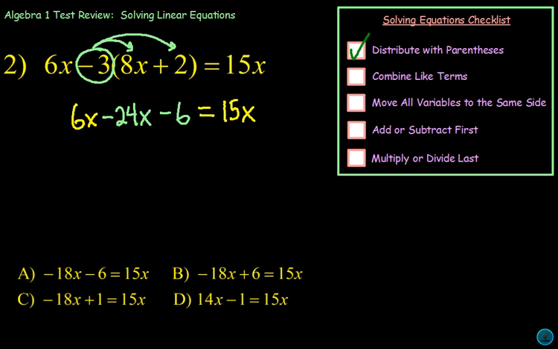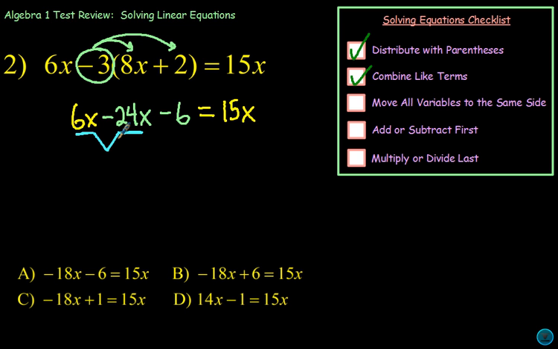Like I said, sometimes you have to do one step. Sometimes you have to do more than one step. So my second thing on my checklist is I want to combine like terms. Now, when we talk about combining like terms, we're talking about combining numbers with numbers or letters with letters. In this case, our variables, which are x. So we can actually combine these 2 things together. So I've got a 6x right there and a negative 24x, and then what I want to do is combine